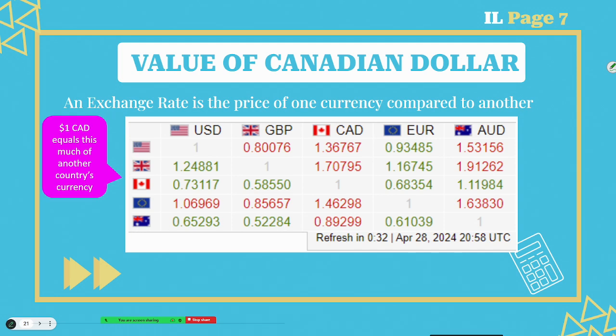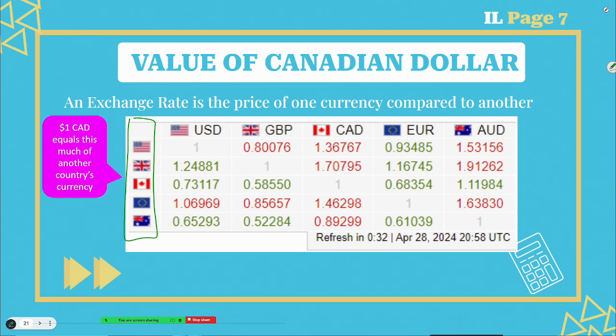There is a website that allows you to take a look at exchange rates. Exchange rates are how we are given that value of what it's worth and are used for converting. So if you see a chart such as this, which came from the exchange rate website, it's letting you know the price of one currency compared to another. So in this column here, we have that one Canadian dollar is going to equal this much of another country's currency. Then if you read across to our row,